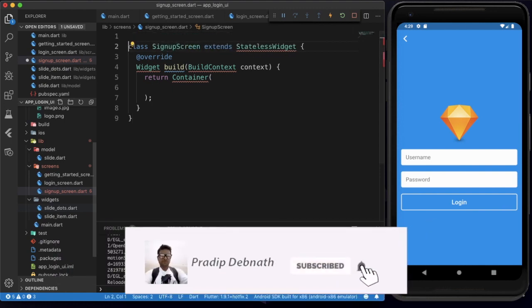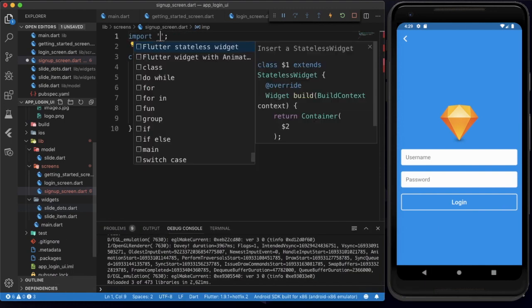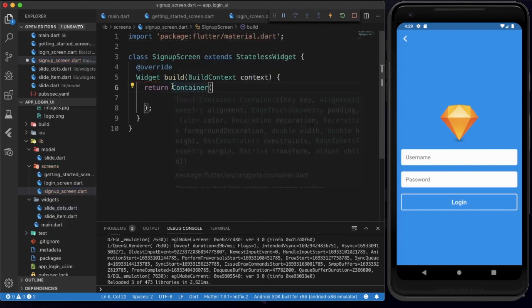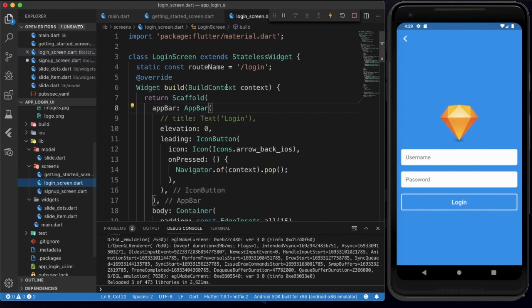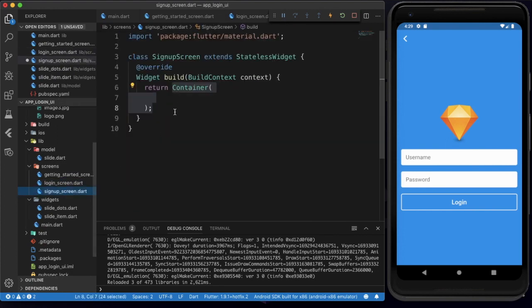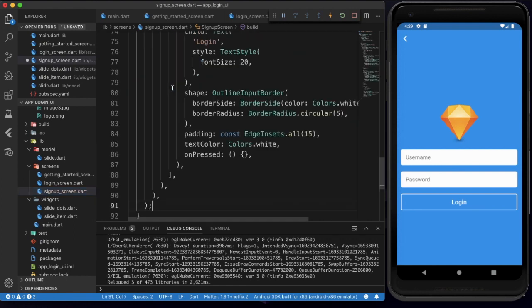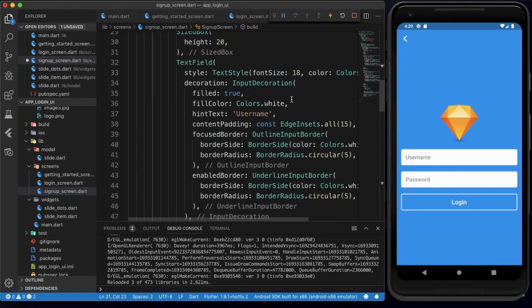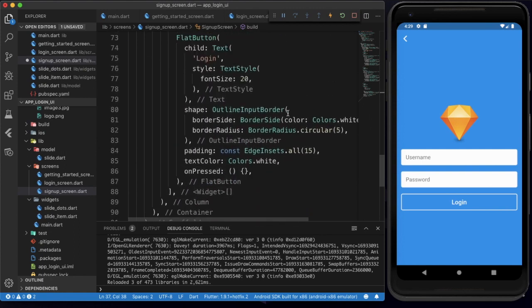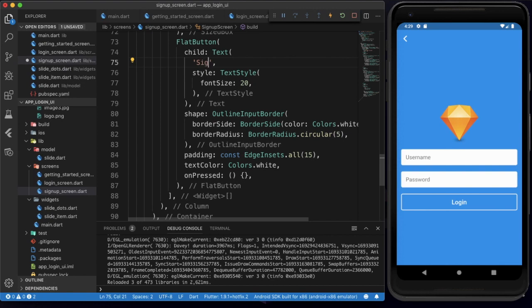So sign up screen, and we need to import material.package, and for this return I will copy the code from this login screen and paste it over here. And now I want to provide two more extra fields. I want to provide a field for the email and a confirm password as well. Okay, and the button text will be sign up,